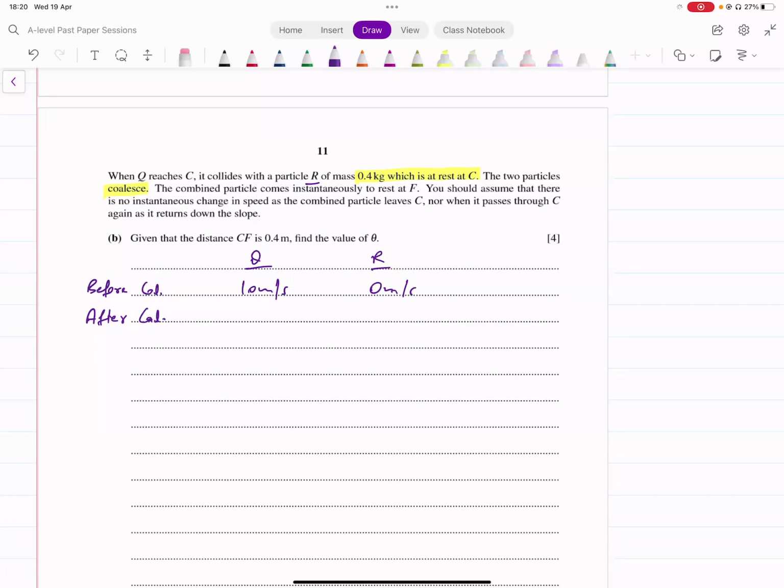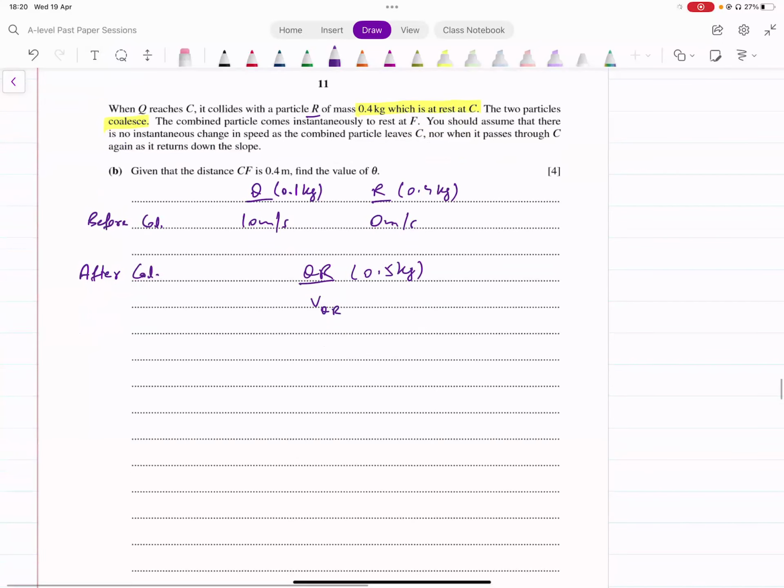Q का मास था 0.1 किलोग्राम्स, R का मास है 0.4 किलोग्राम्स। जब ये कोलिजन हो जाती है आपके पास एक सिंगल ऑब्जेक्ट आ जाता है विच इज QR। इसका मास कितना हो जाता है 0.5 किलोग्राम्स। इन दोनों का सम 0.1 प्लस 0.4, और इसकी वेलोसिटी कितनी है ये आपको नहीं पता, ये फिगर आउट करनी।